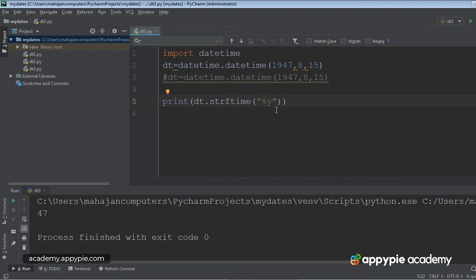If you want the full version of the year, instead of using small y, simply use capital Y. Now it will give 1947 and not only 47. Control Shift F10. This is 1947. Right? You might have understood. So this is how